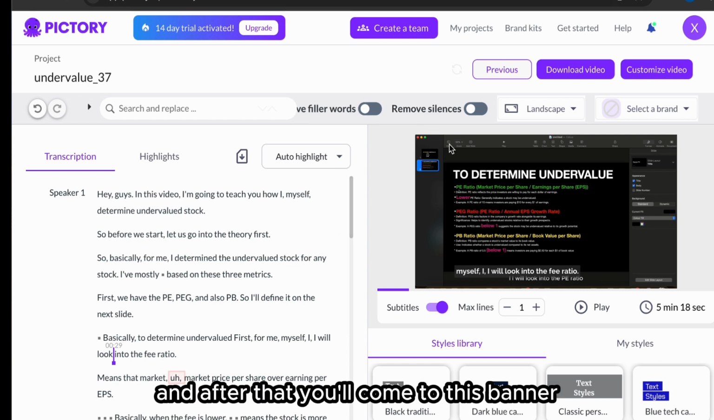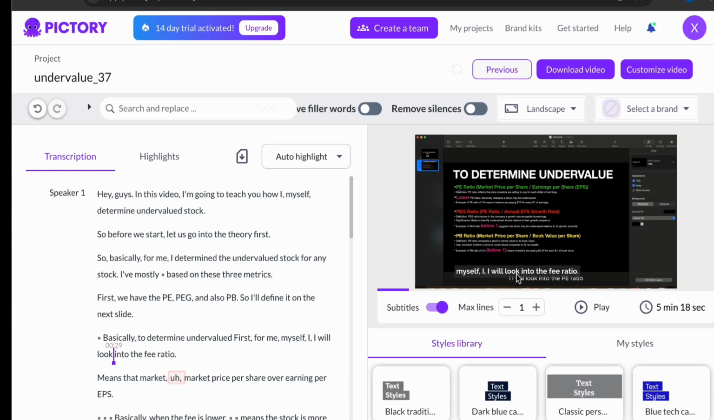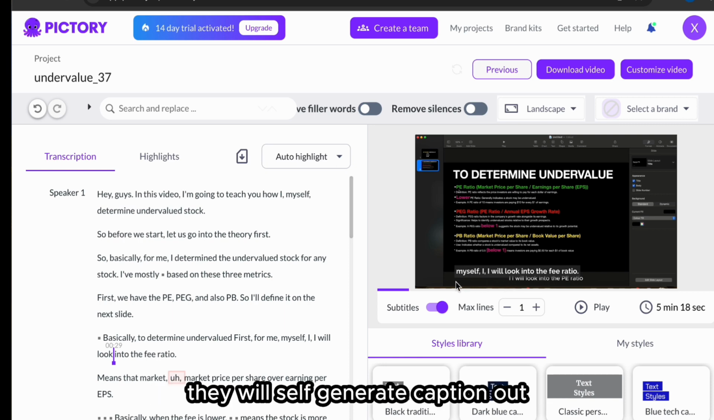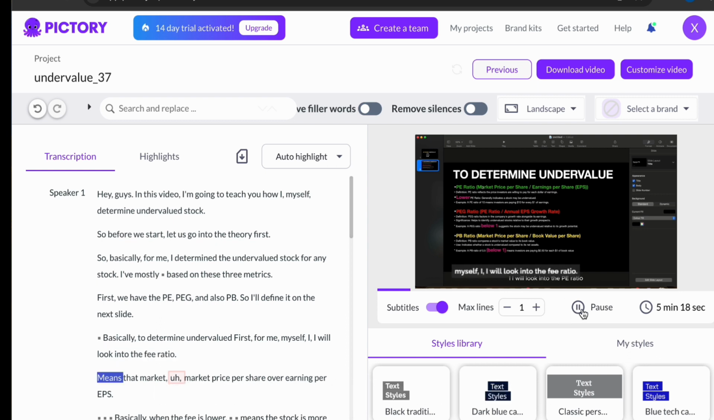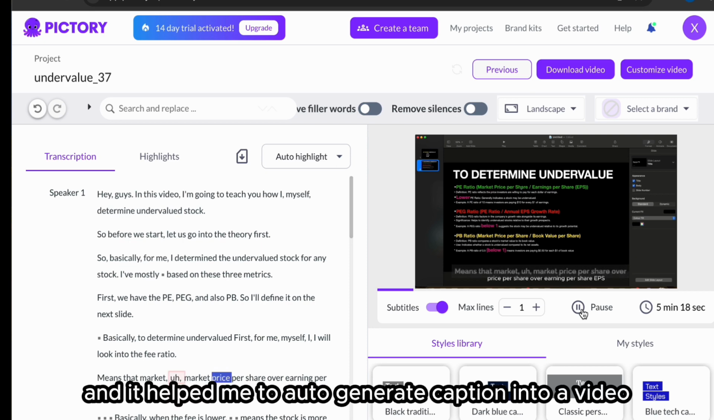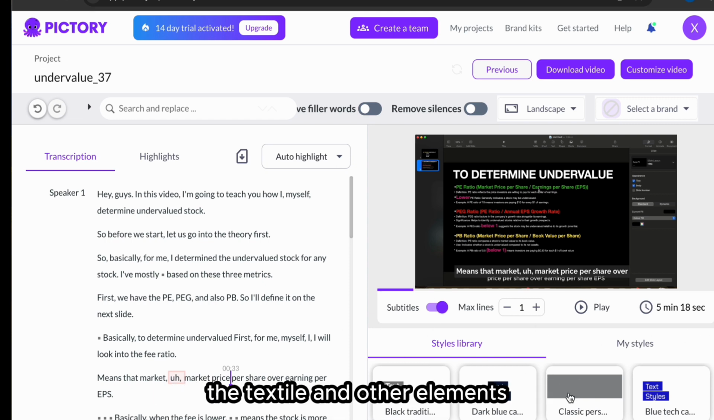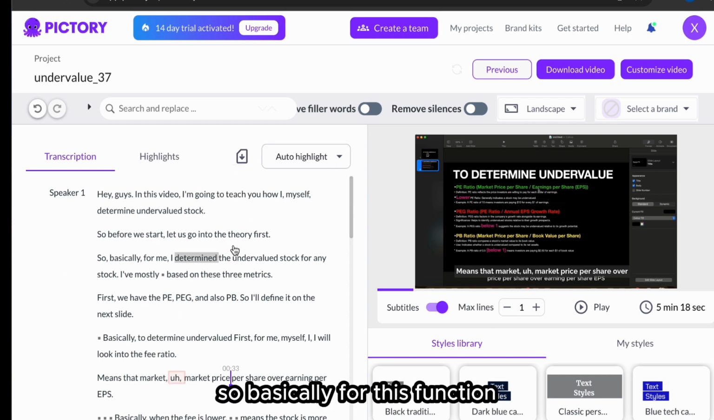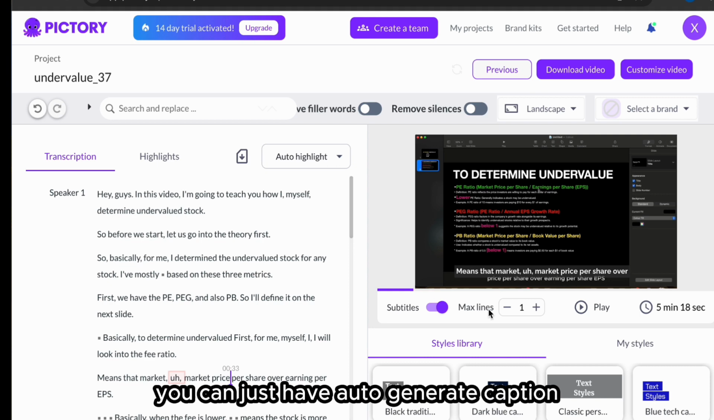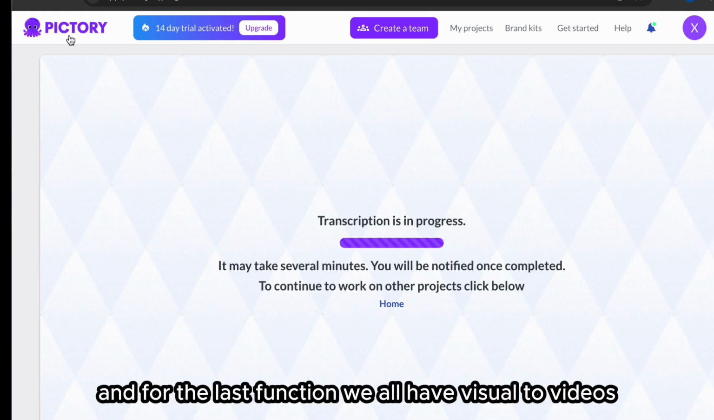and after that you'll come to this panel. In this panel, they will help you with the captions first. They will self-generate captions based on your video. For example, this is my past video about the PE ratio, and it helped me auto-generate captions in the video. Besides, you can also change the text style and other elements based on what you need for the video. So basically for this function, you can have auto-generated captions in your video without editing anything else on your video. And for the last function, we'll have